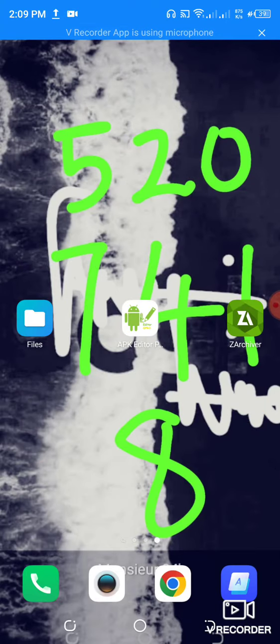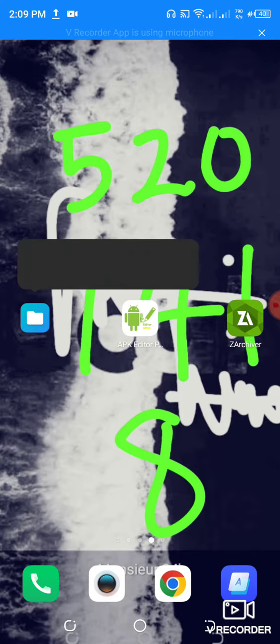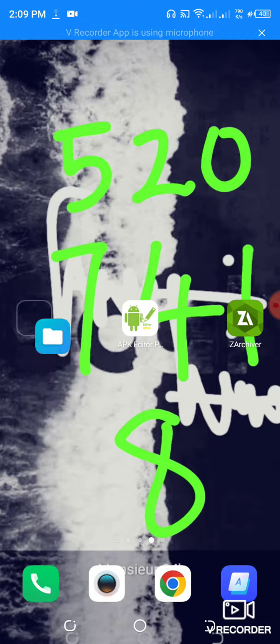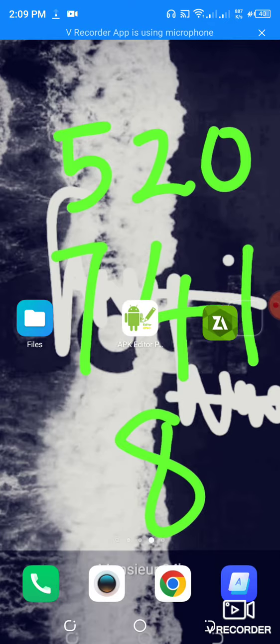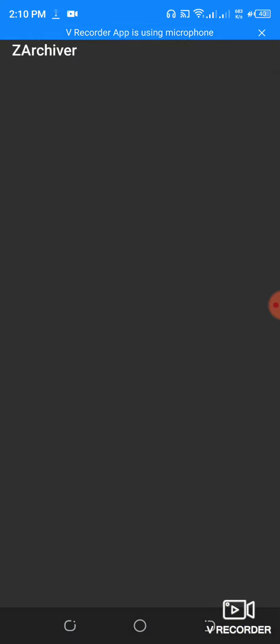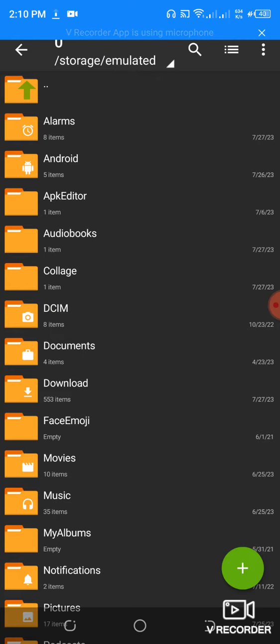Okay, guys, this video is for those using Android 13. If you're having issues with your Android 13, what you do is this: you download this application, this one right here, Files. You go to your Play Store, you download it. It should be like this, blue and white. Then APK editor, you should already have by now, and your ZArchiver or whatever application. You download these three applications. Then what you do is this: